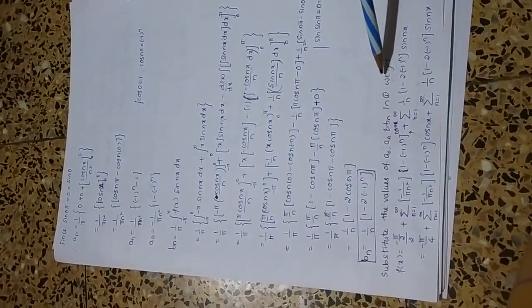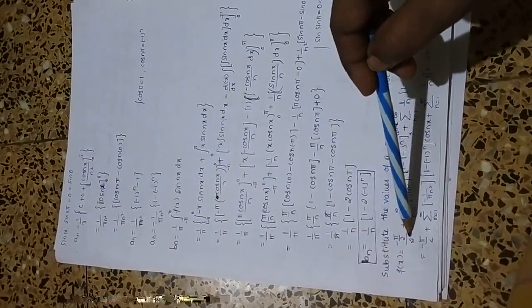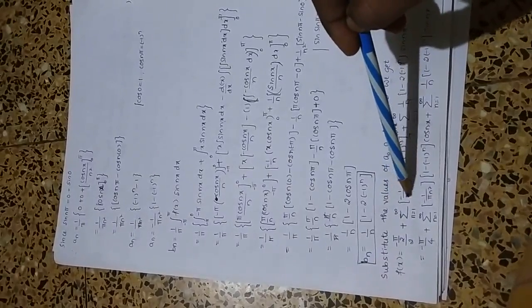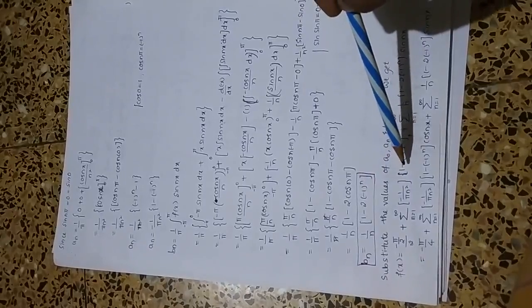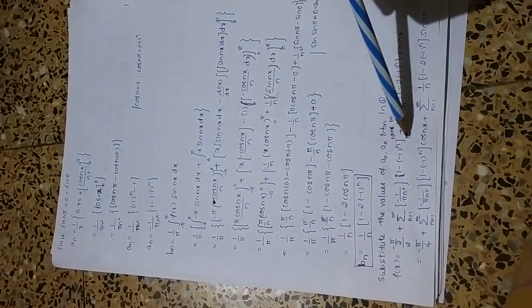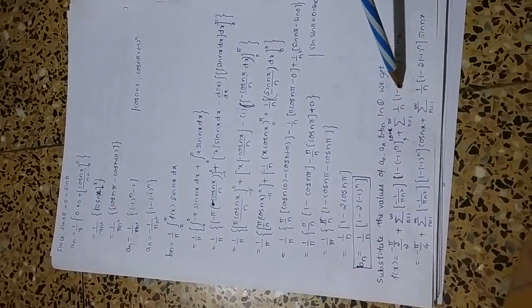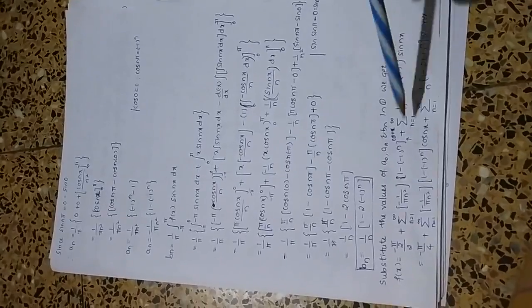Substituting the values of a_n and b_n in equation 1, we have f(x) equals minus pi by 2 upon 2 plus summation n equals 1 to infinity of minus 1 upon pi n square, that is the a_n value, times [1 minus (minus 1) raised to n] cos nx, plus summation n equals 1 to infinity of 1 by n into bracket [1 minus 2 into (minus 1) raised to n] sin nx,